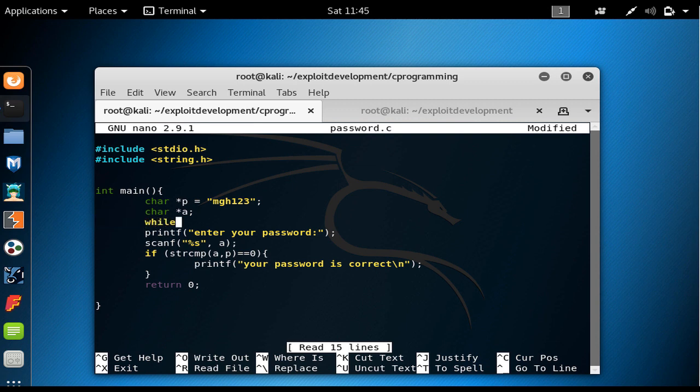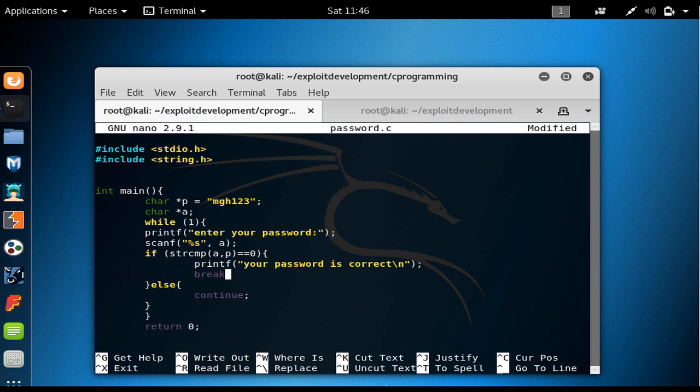So I say while 1, which means while true, then I would want all these things to get executed, but in here I want to say else, which means if the password is not correct, I want to say continue, which the while loop would be repeated and it would get back to the beginning of the loop. Also, in the if, after the password checking has been proven correct, I want to break out